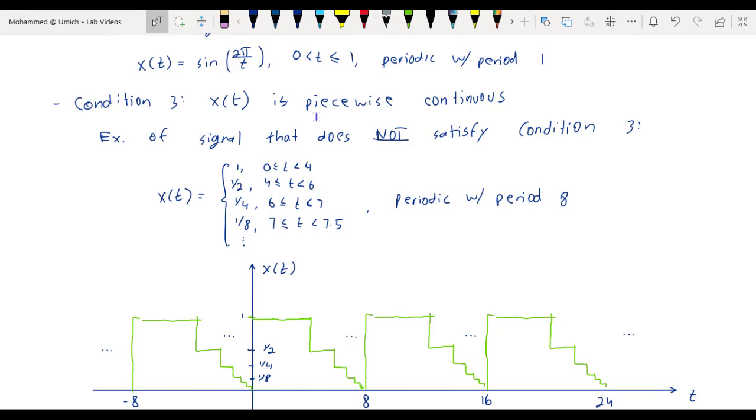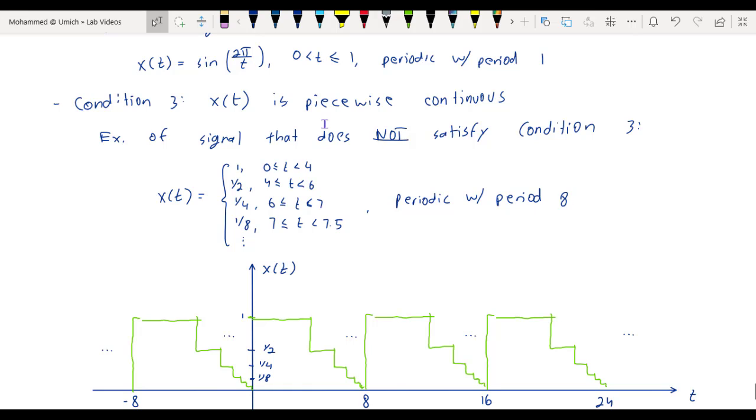there's only a finite number of discontinuities, and each of these discontinuities is finite, or in other words, x of t is piecewise continuous. An example of a signal that violates this third Dirichlet condition is a signal that's periodic with